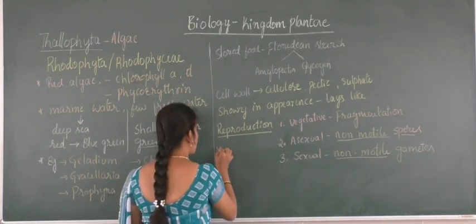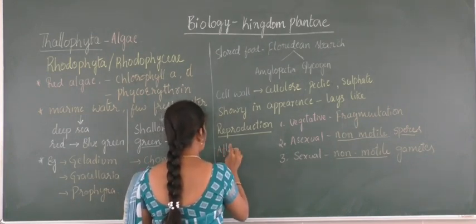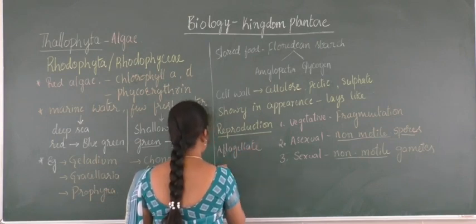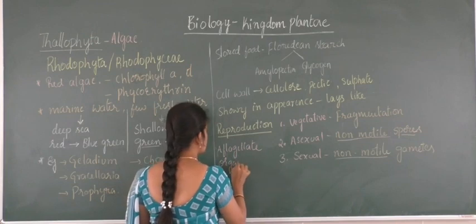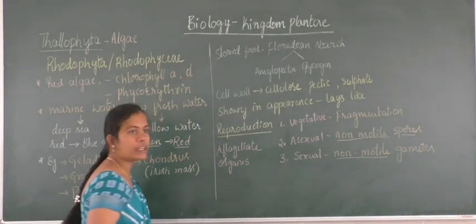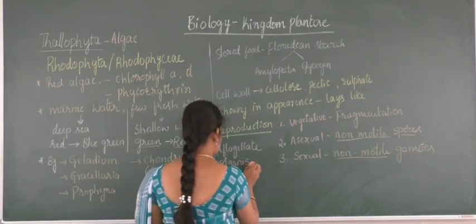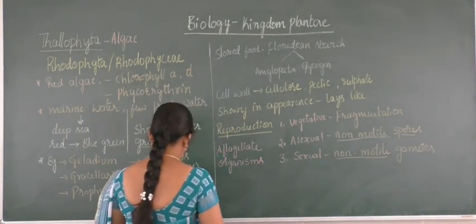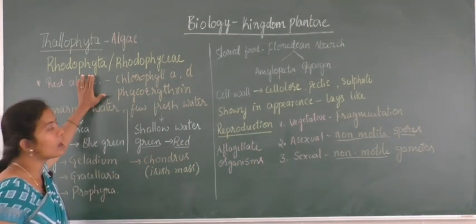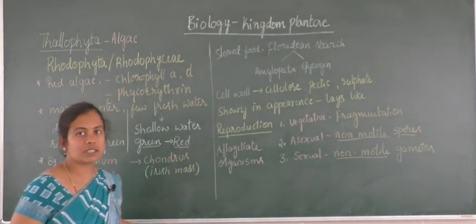So that's why these are also called aflagellate organisms. Aflagellate or non-flagellate organisms, which are only present in case of Thallophyta. Among the whole of Thallophyta, the algae, if you ask which are non-flagellate organisms, that is Rhodophyceae. Right? So this is about the general properties of Rhodophyta. We'll move to the next concept, that is economic importance. First we will summarize this.